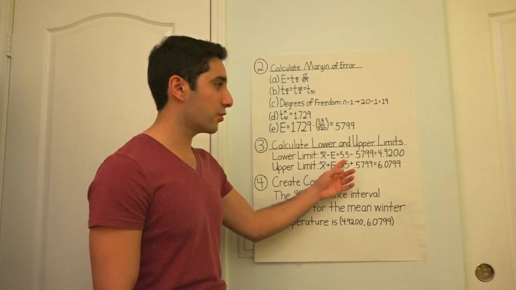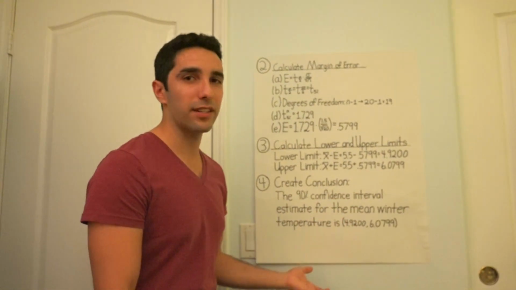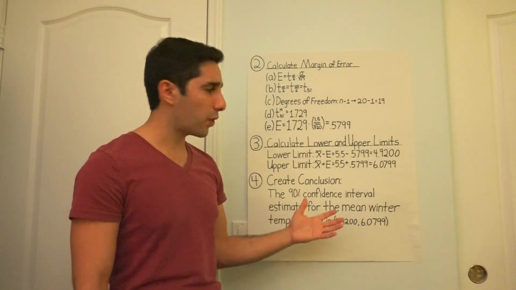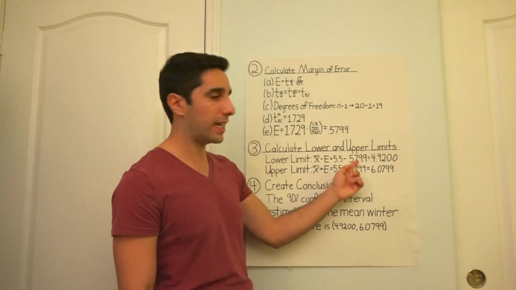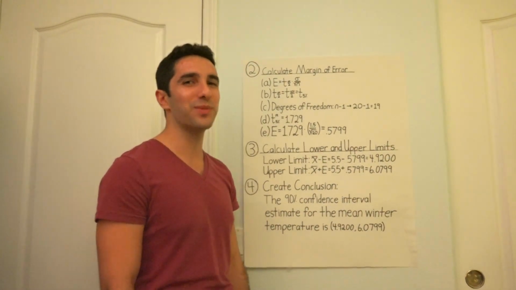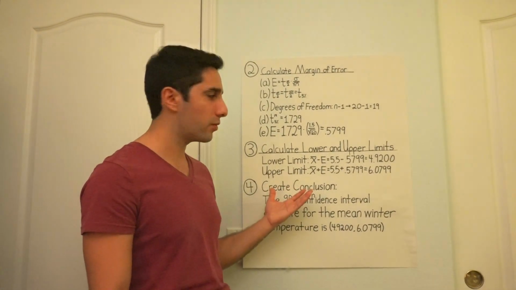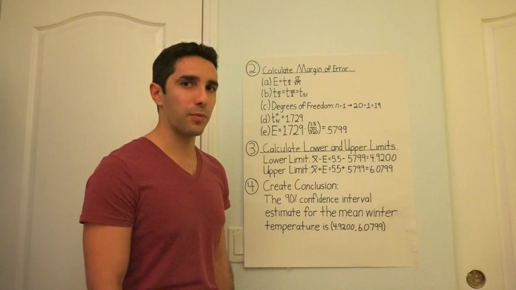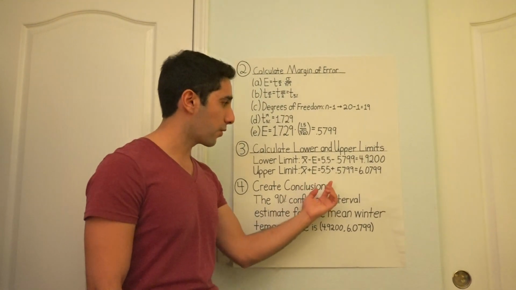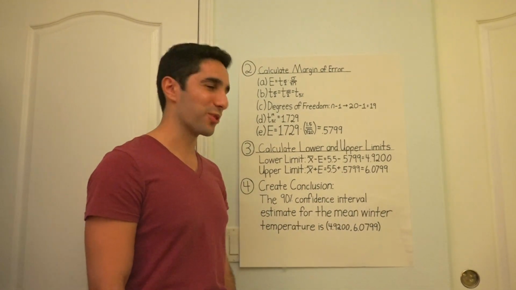So the mean, as you recall, is 5.5, which was given. And the margin of error is what we calculated earlier, up here. So once you subtract the margin of error from the mean, you get 4.9200. Now, to get the upper limit, all you need to do is add the margin of error to the mean, which is given right here. So 5.5 plus 0.5799 equals